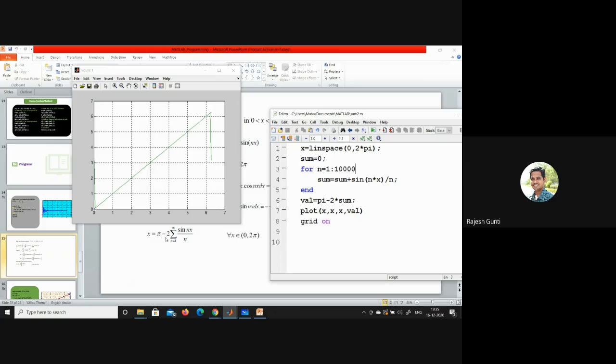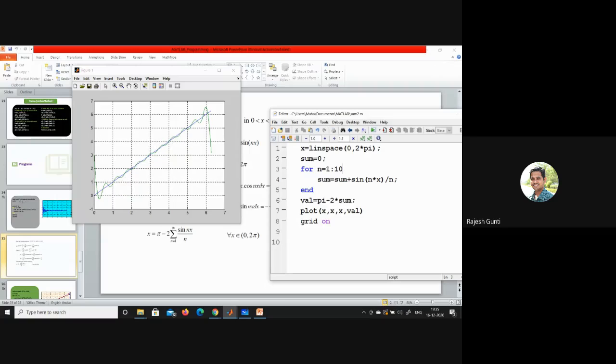Pi minus 2 into summation n is equal to 1 to 10,000 of sin nx by n is almost equal to x. If you take only 10, there is a lot of difference. Only 10 terms you are taking. If you take 5 terms,